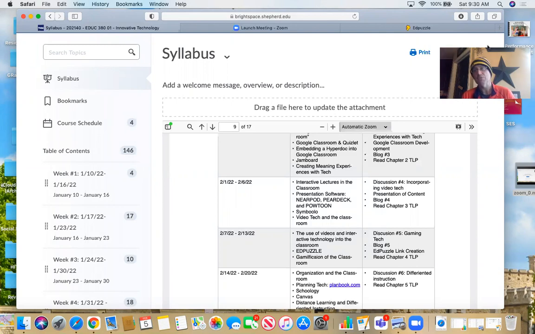I use it a lot, even in some of my classes, as a supplement. So, anyway, enough about that. Well, not enough about that. We're going to talk about it here in a minute. Just to get us all on the same page for the week, we're going to talk about how videos and integrated technology, i.e., Edpuzzle. I guess that wasn't much of a segue, but we're going to talk about the tool Edpuzzle this week. You're going to create a puzzle and share it with me. Also, your discussion board on Tech Like a Pirate is the gamification of the classroom. That's the discussion topic. And of course, you're going to blog.